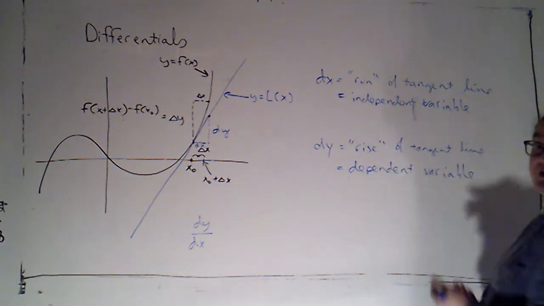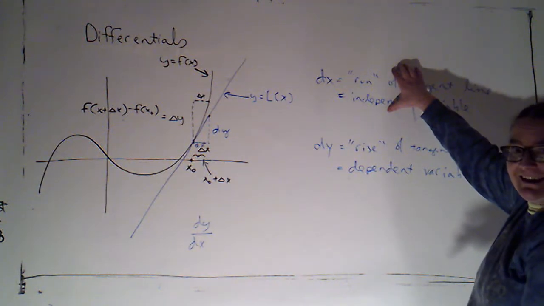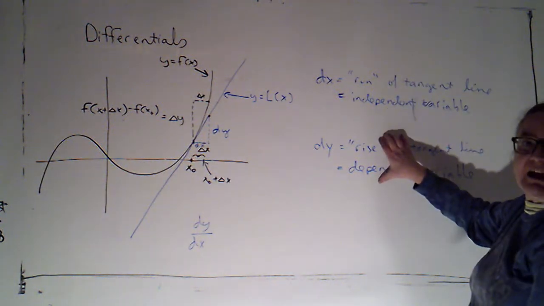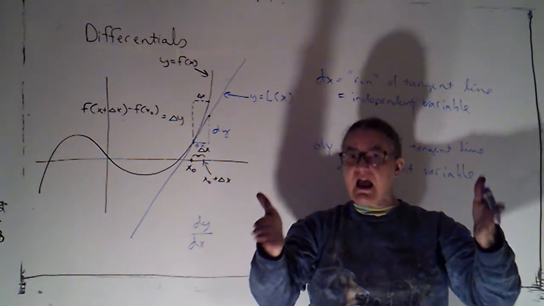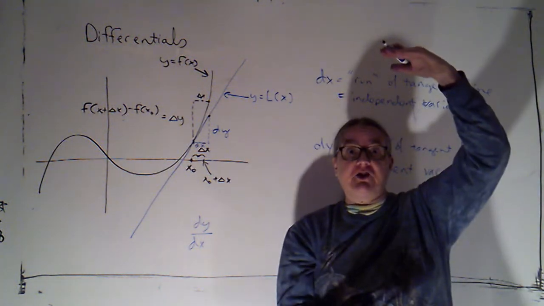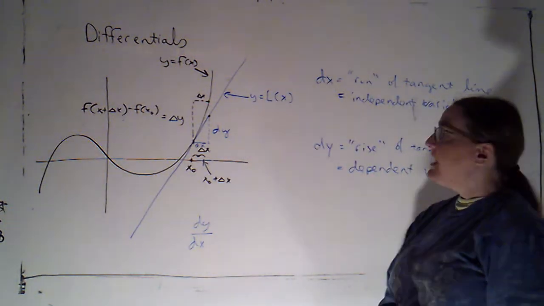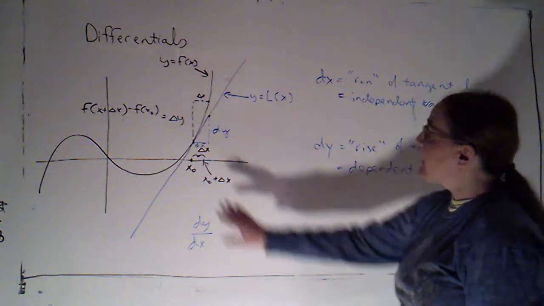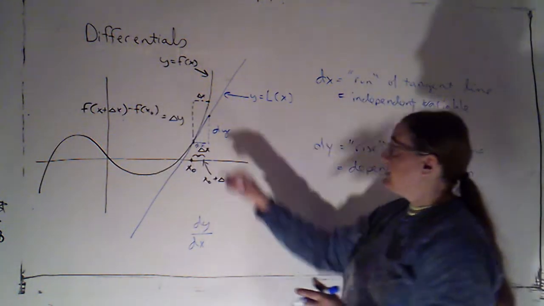That's the output variable. So that's saying if I know what the run is, I can calculate the rise. If I know how much I've changed x, I can calculate how much that's going to change y on the tangent line. That's kind of neat, because on the graph of f, knowing that I've changed x tells me I've come to